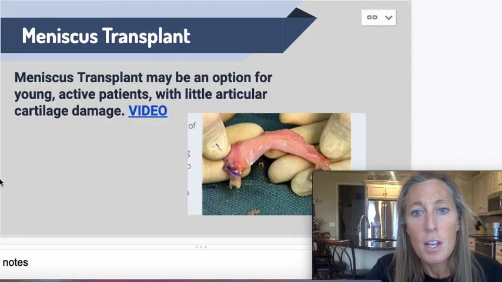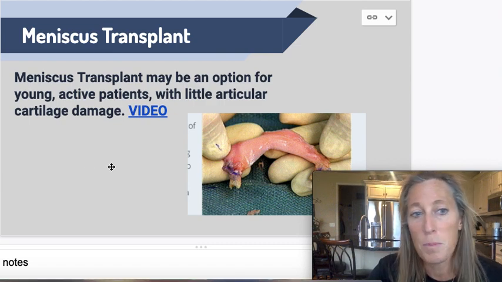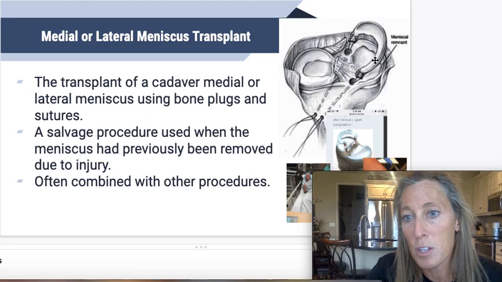Meniscus transplant may be an option for young active patients, as I talked about, with little articular cartilage damage. If there is damage to this tibial plateau,